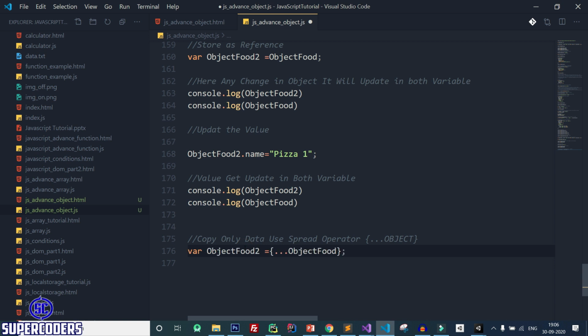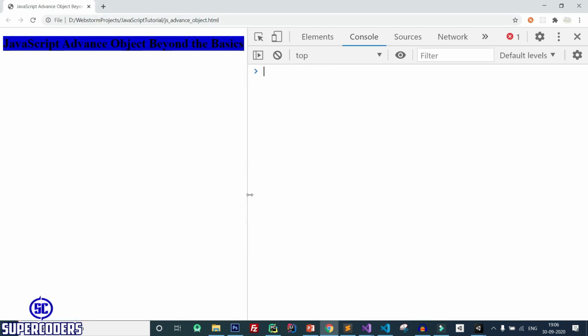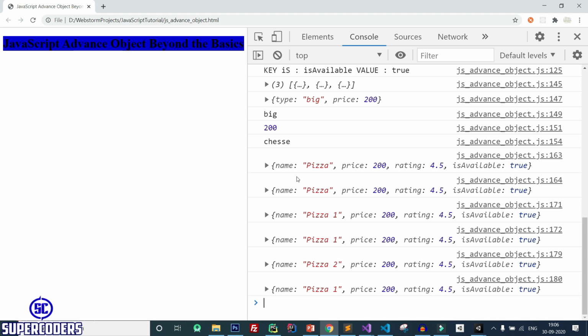Now here paste the spread operator code. Also change the name here, paste it, save it, let's make it 2, save it, back to Chrome, refresh the page, and here you can see it's showing pizza.